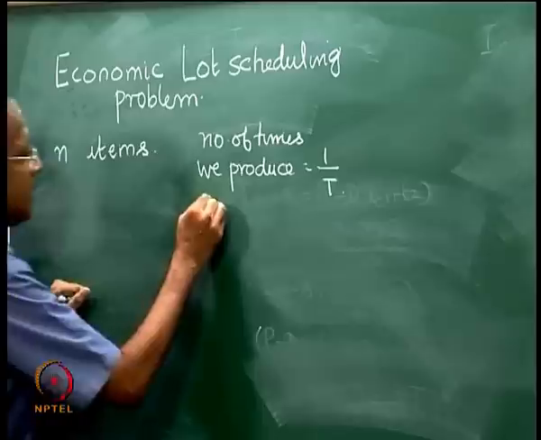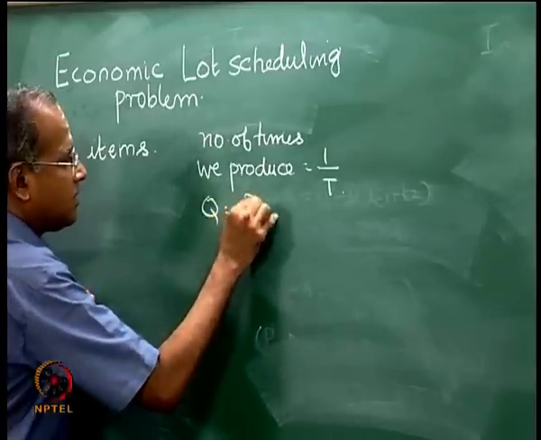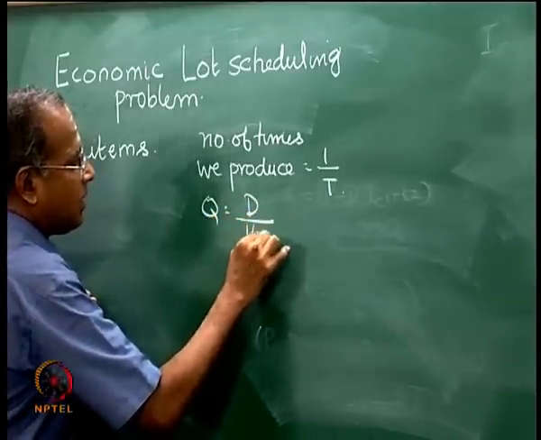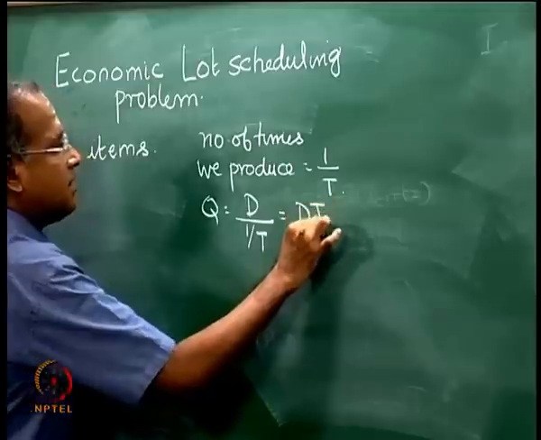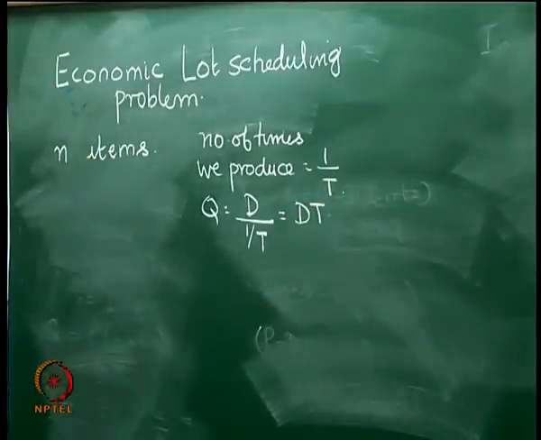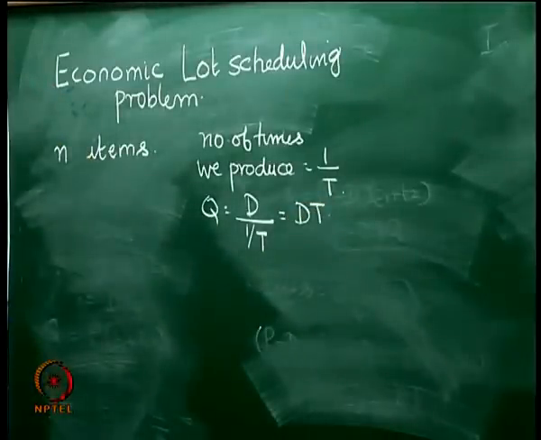So, production quantity Q will be equal to D divided by 1 by T, which is DT. So, production quantity Q is equal to DT,